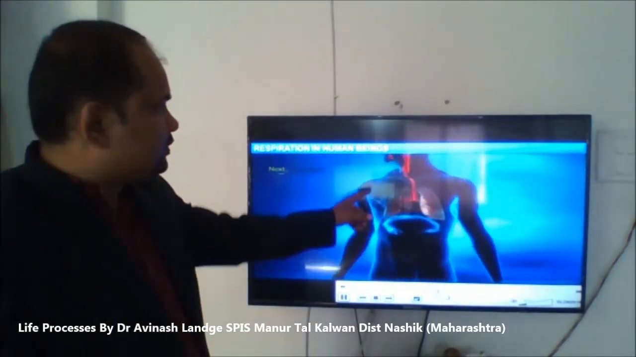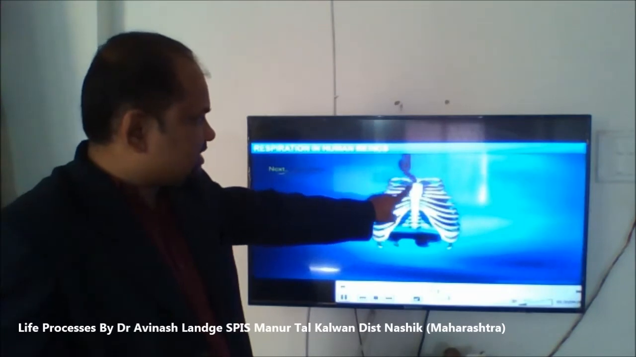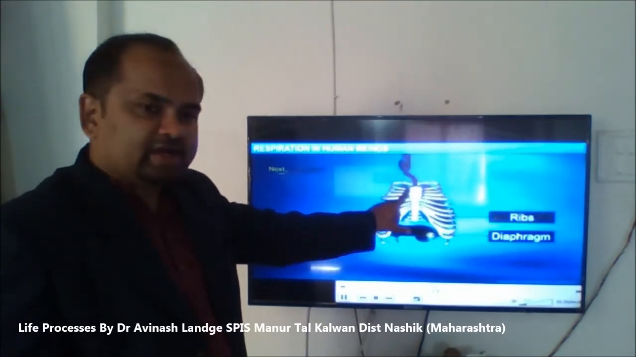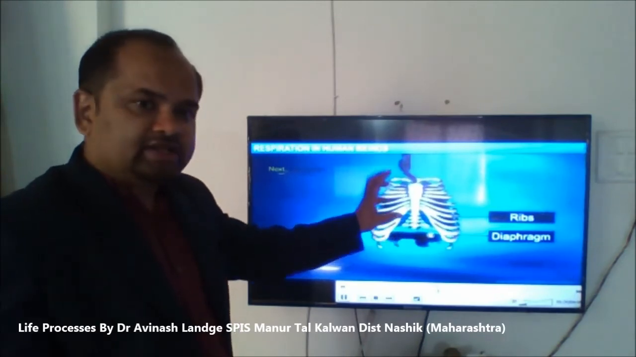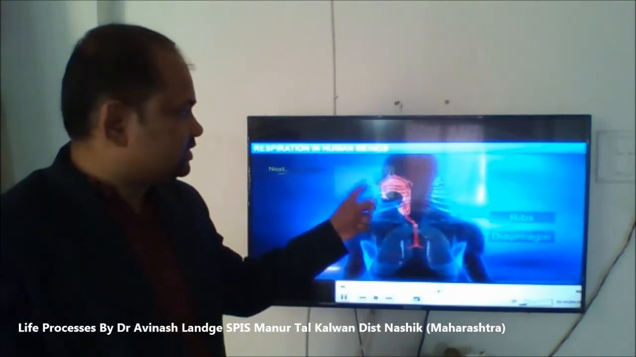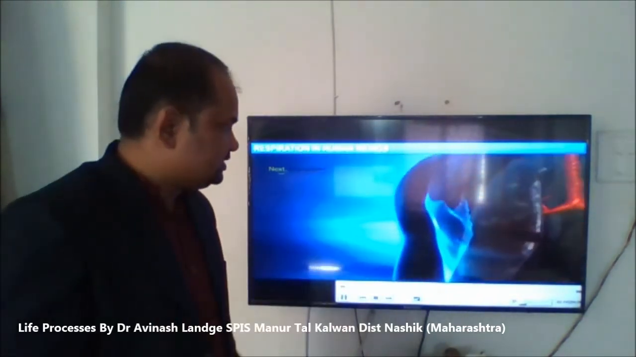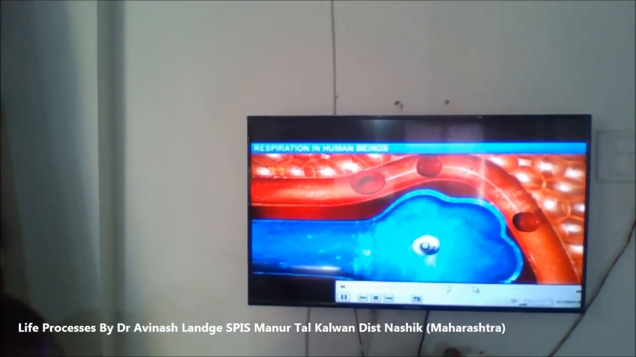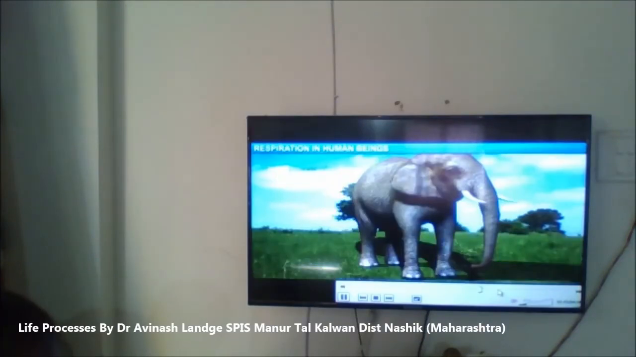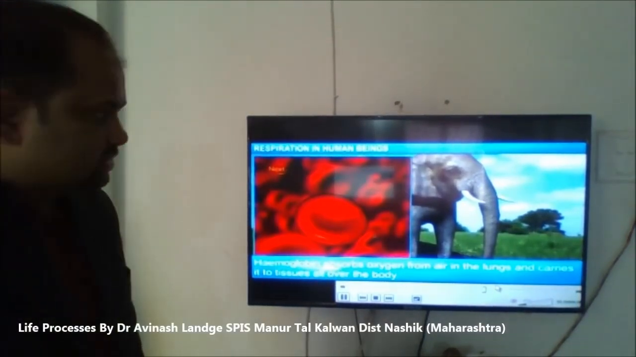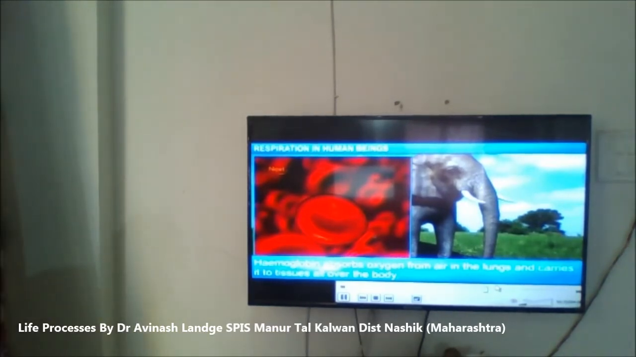See here what happens. Trachea, ring of cartilage, then lungs, bronchi, bronchioles, and then like grapes there are balloon-like structures where exchange of gases will take place inside the blood. So oxygen will be delivered and carbon dioxide will be carried out to these different parts. Okay, so let's see here